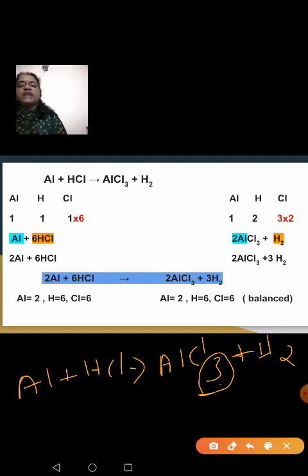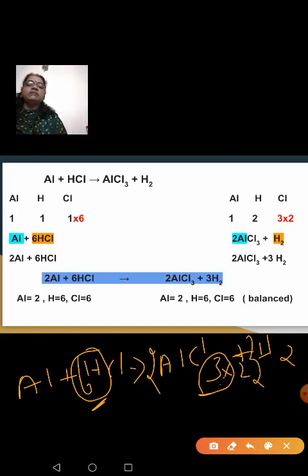So what's the other option? I have to multiply this 1 by 2. When I multiply chlorine atoms, that is 3 atoms by 2, my chlorine is becoming 6. I cannot cut this 3 and write 6 here. Instead, I will have to use a 2 here. When I use a 2, my chlorine atom is becoming 6. So this side also I will put a 6 so that my chlorine atoms on both the sides are balanced. When I use a 6 on the LHS, my hydrogen is also increasing to 6. To balance that, I will put a 3 here so that hydrogen becomes 6.